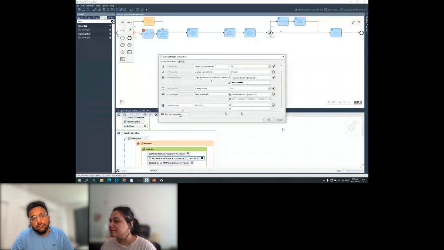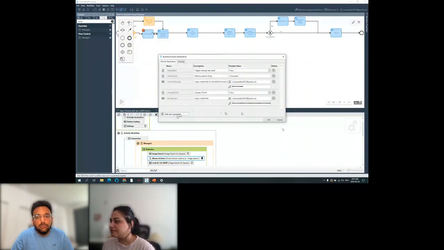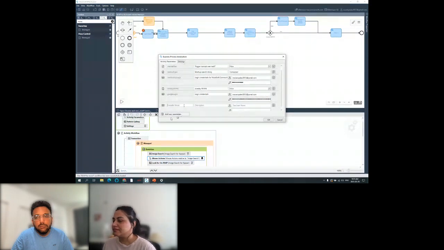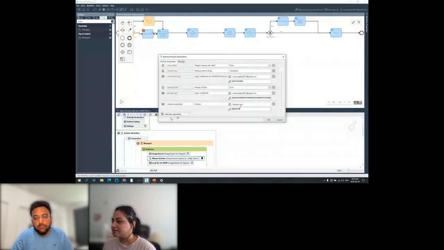So login credentials, right here it will ask for user. This is not the right one. Let me see. Yeah, this one, add user account variable, okay. When you click add user account variable, for example, LinkedIn credentials, okay? Then you can keep some description, LinkedIn, and then you can provide your LinkedIn username, linkedin.com, and then you can type your password, and it is totally masked, okay.